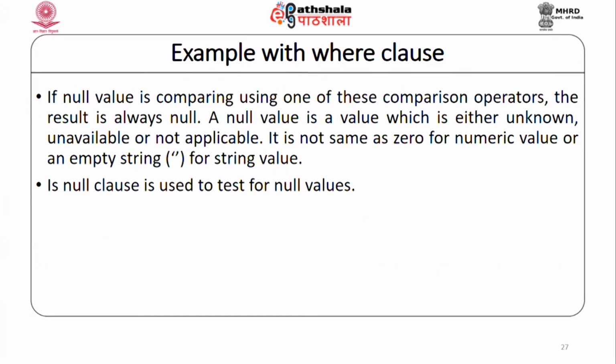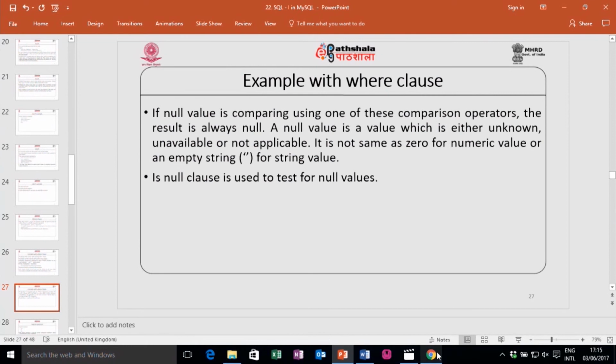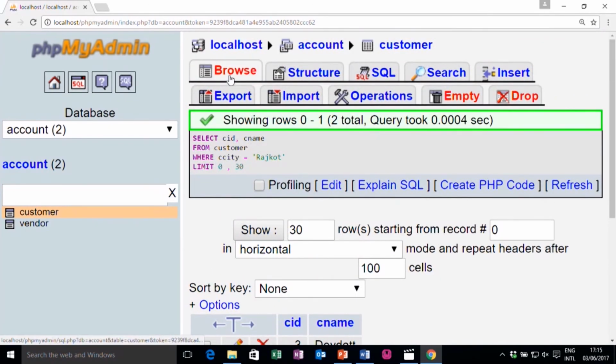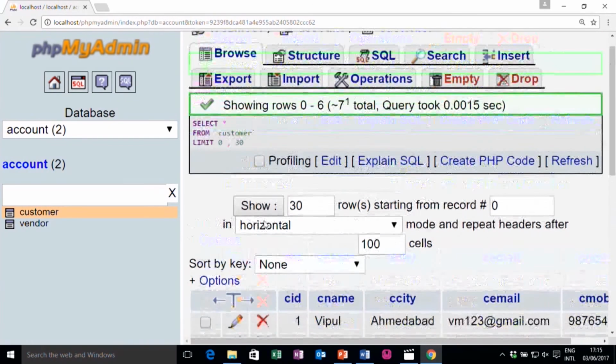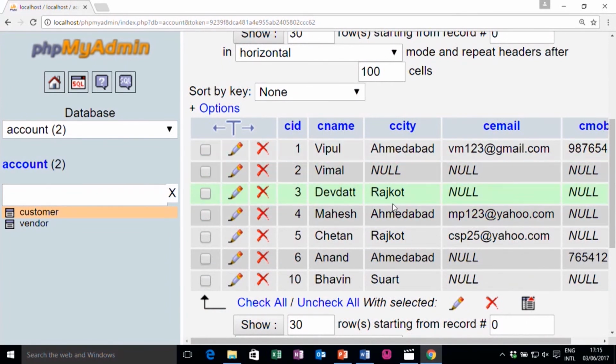Now, if a null value is compared, then your result will always be null. We know that null is a special value, and to compare with a null value, IS NULL is used. For example, if I look at this table, we have C city that is null.